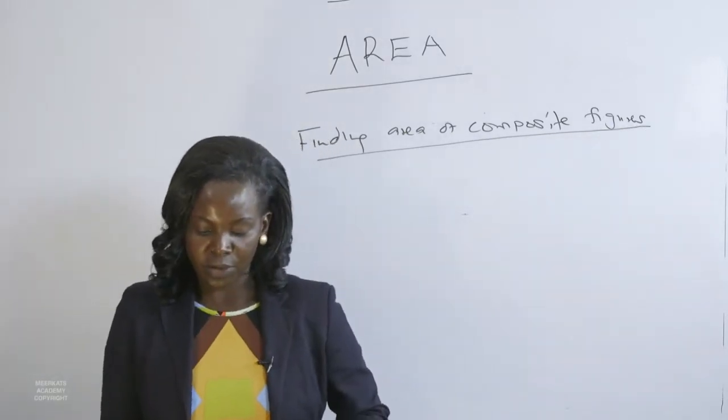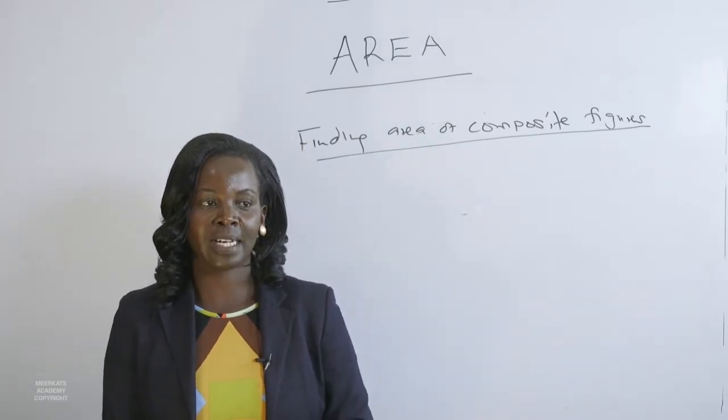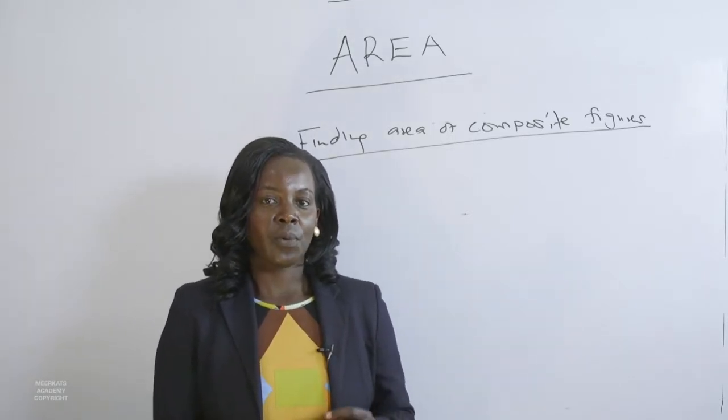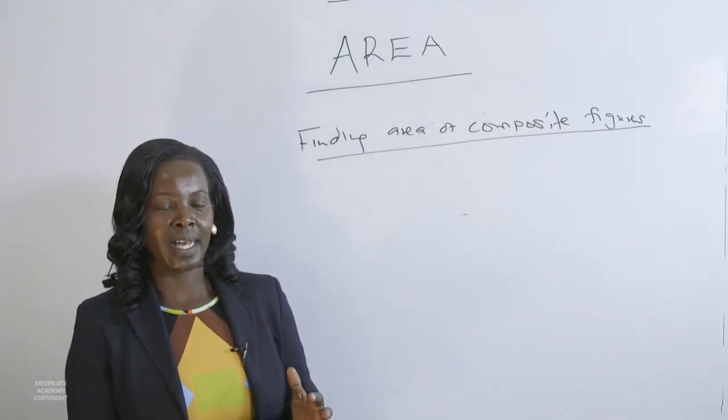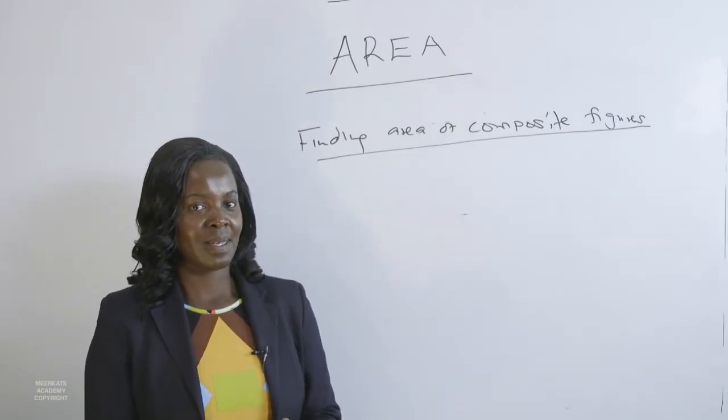Before we continue, let us understand the meaning of this term, composite shape or composite figure. A composite shape or composite figure is a figure which you can get by connecting 2 or 3 or more basic shapes. An example: